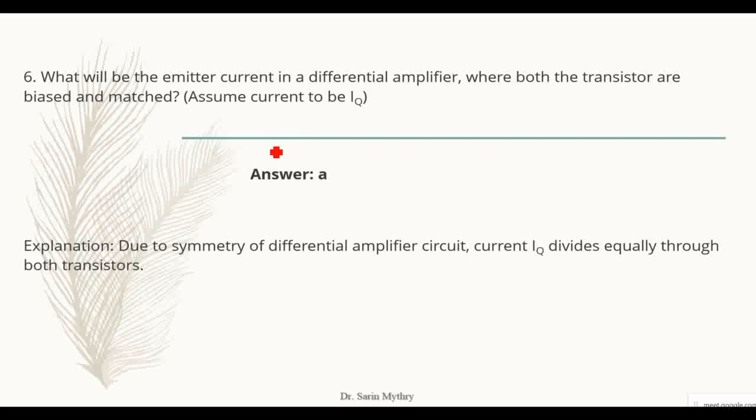Sixth one. What will be the emitter current in a differential amplifier where both the transistors are biased and matched? Assume the current to be IQ. Here,